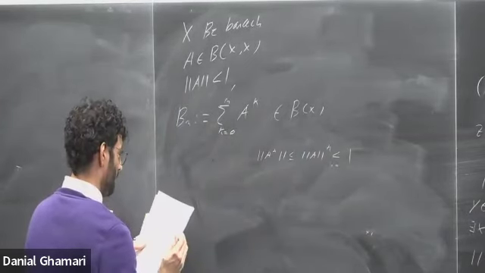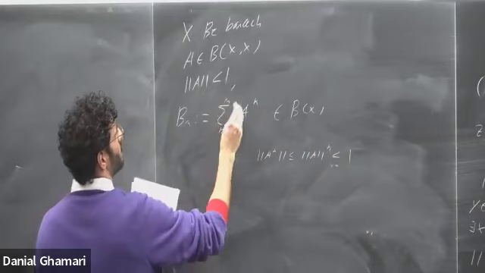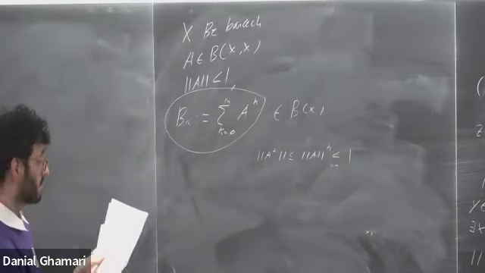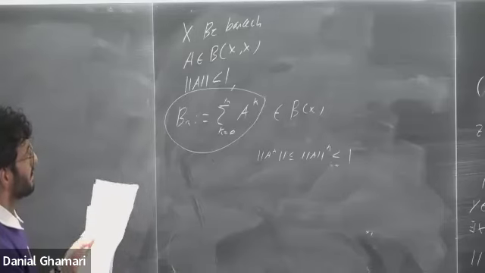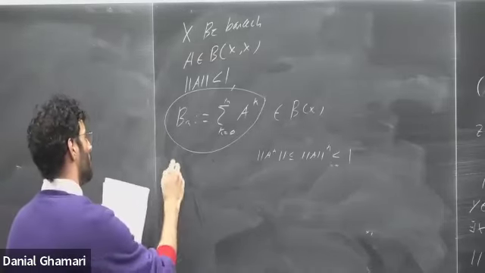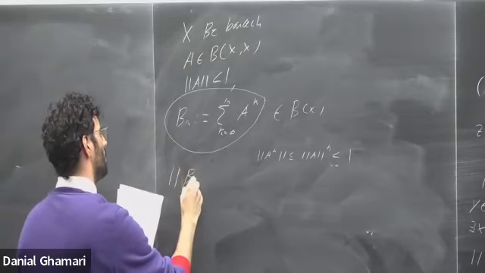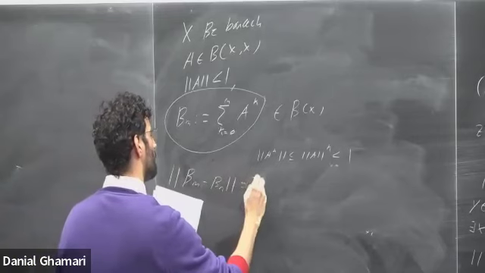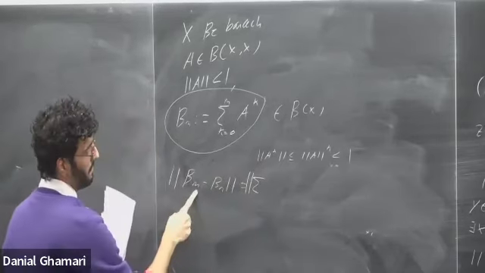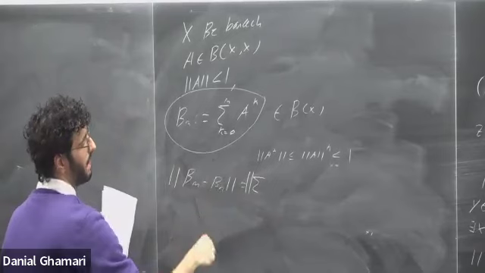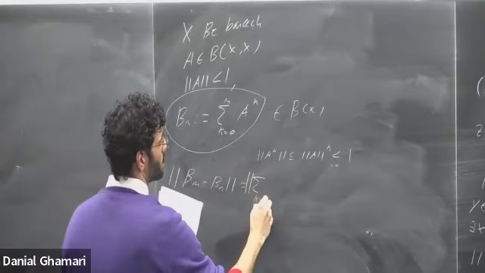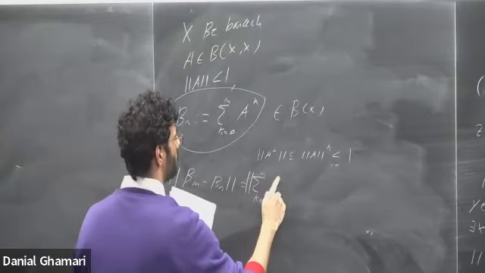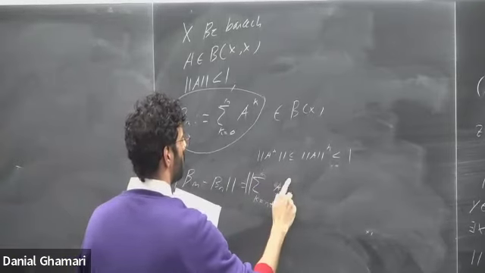So what we want to show first and foremost is, does this partial sum converge? Can I take the limit as m goes to infinity? The way we do that is to check first whether it's Cauchy. So we take B_m minus B_n. Without loss of generality, you can assume m is bigger than n, so we can actually evaluate this partial sum. It goes from k equals n plus 1 to m of A^k.